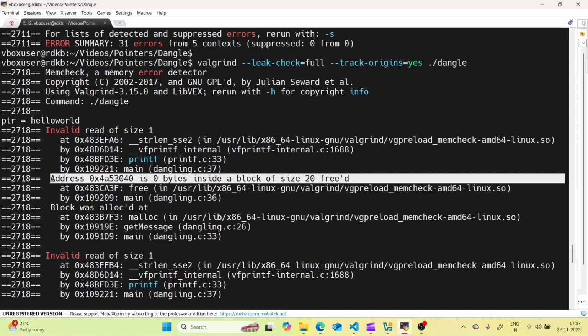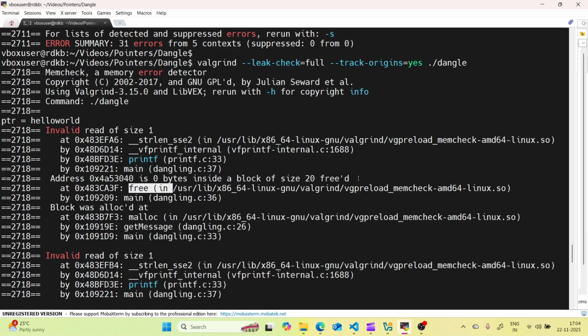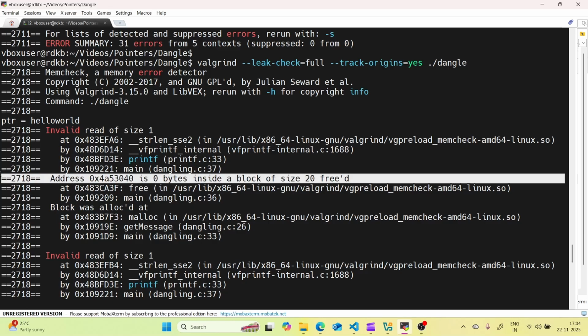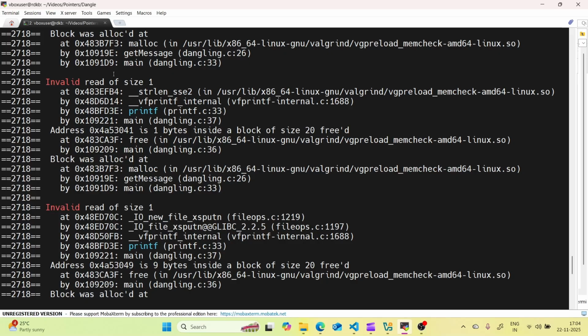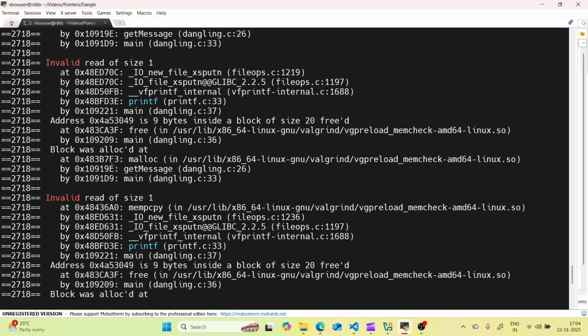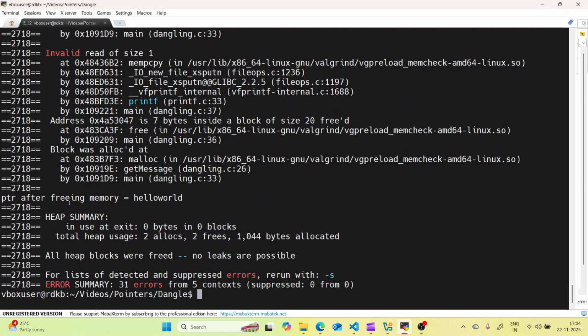You can clearly see that after this free, this error is coming, and you need to check what is there. You may take GDB and go there and check what is there, or you can check it visually also. And if you go down, it gives these traces again and again